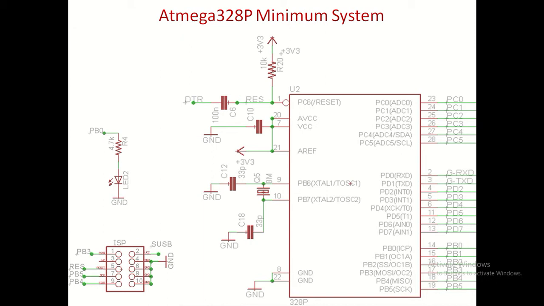The rest of the circuit is all about application development. My application development is all about my electrical loads, sensors, my communication, and so on. Those are all optional things, which are not mandatory. What is mandatory is this much. Irrespective of the application, at least my minimum system should work. So one should design and test this part first, or you can even mount it on a breadboard and test whether your controller and your bootloader or your application program works or not.